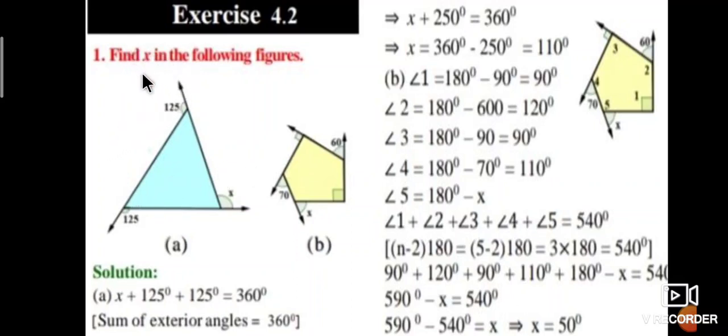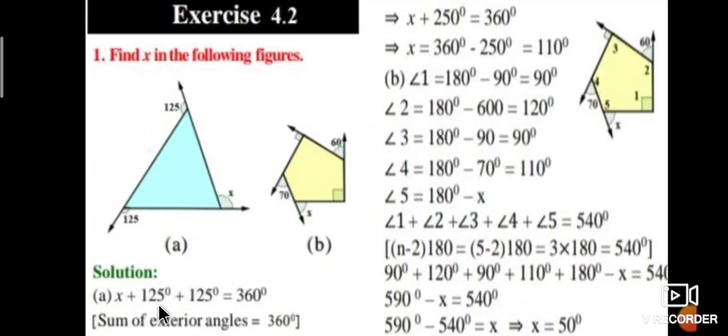Next, find x in the following figures. Exercise 4.2, that is this one given. Solution of this figure. Observe this figure. This is angle x, this is x, 125 is the exterior angle, and this is the angle of x. Okay, therefore the solution of the equation is